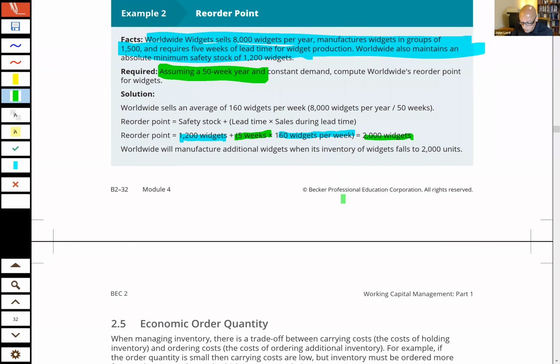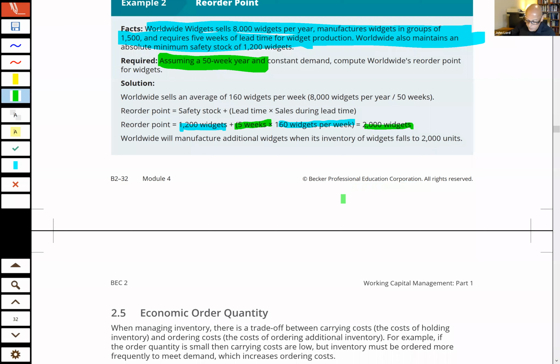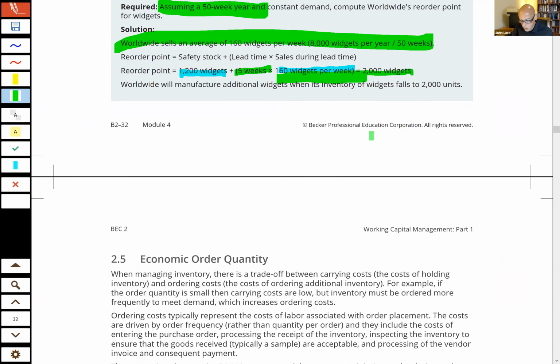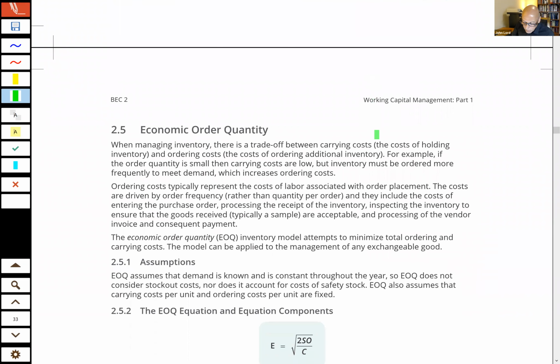Okay, good. Let's go ahead and, I guess, you need to calculate that 160. Okay, good. Economic order quantity, guys, and